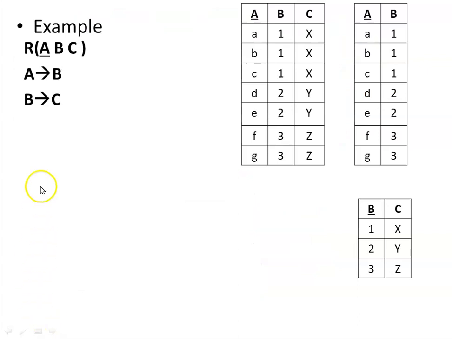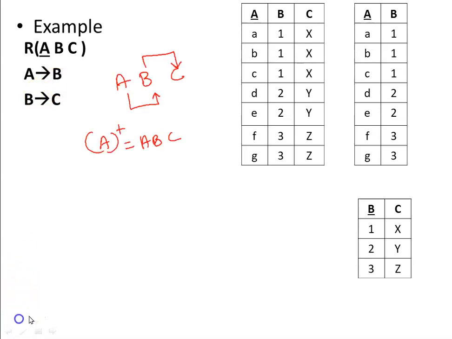Okay, so we have a table over here R with attributes A, B, and C. We have functional dependencies: A determines B and B determines C. So the first thing we do is determine the closure. When we find the closure, we get A to be the candidate key. So you see that since A is the candidate key, A determines B and B determines C, there is a transitive dependency between the non-prime attributes, that is B and C.